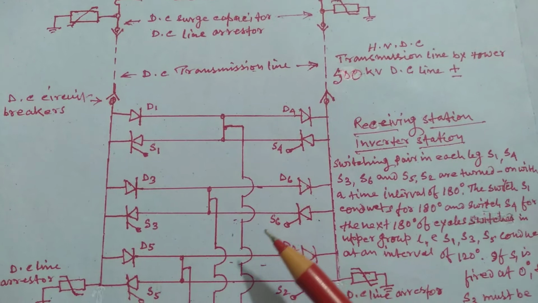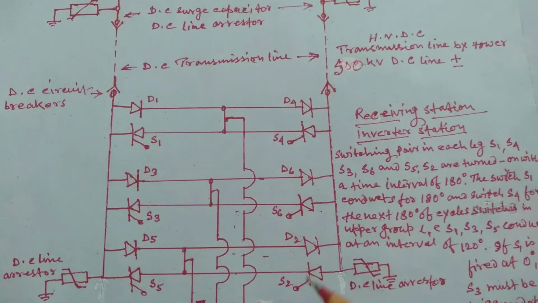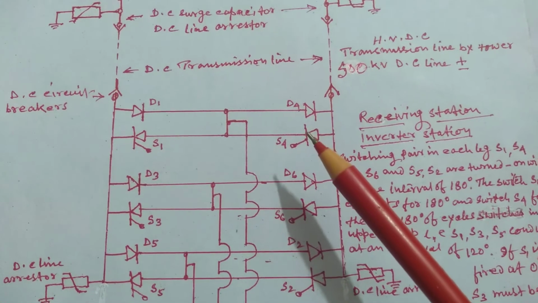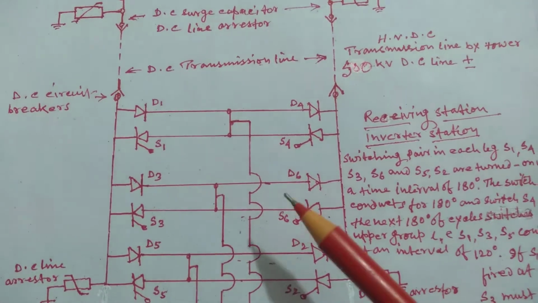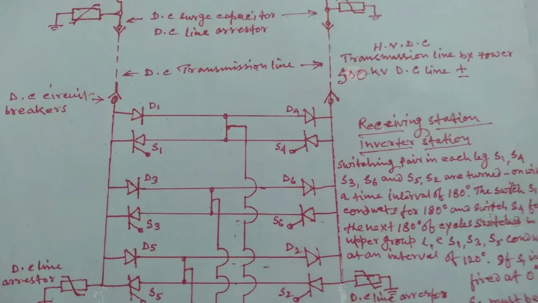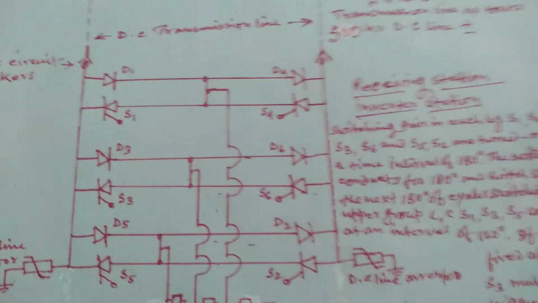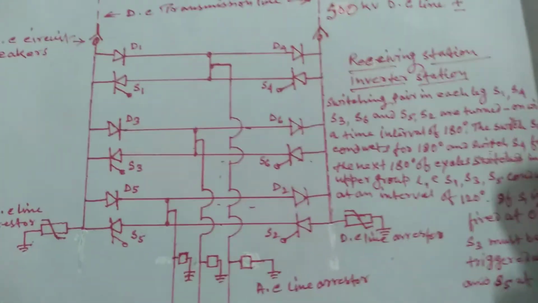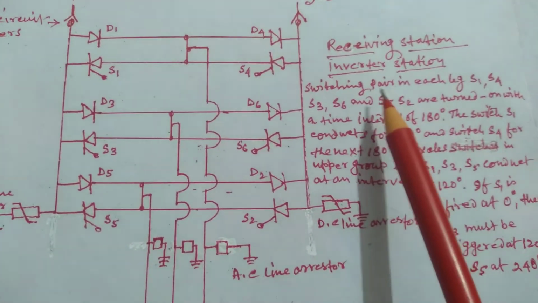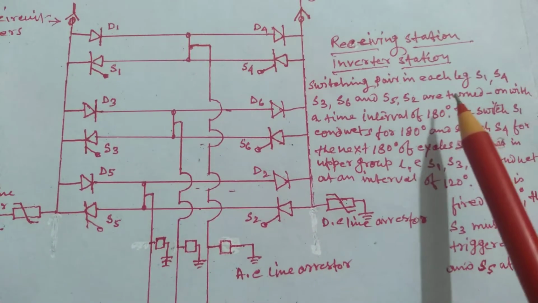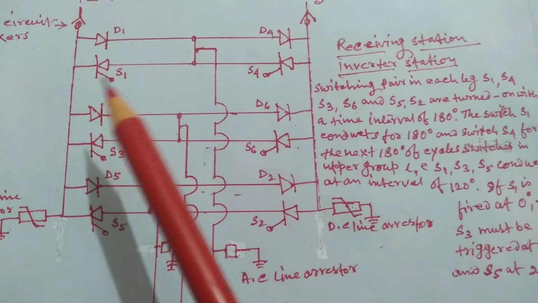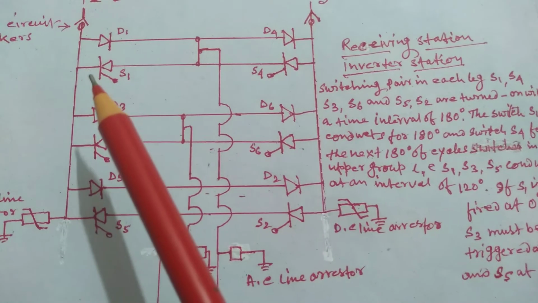The switching: this is S1 switching, S2, S3, S4, S5 and S6. These are in the inverting station systems. Switching pair of each leg, S1, S4. These are connected